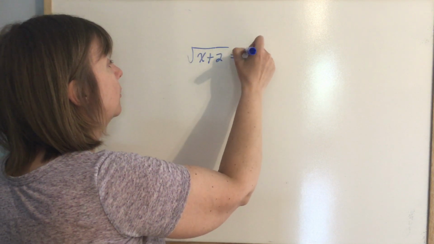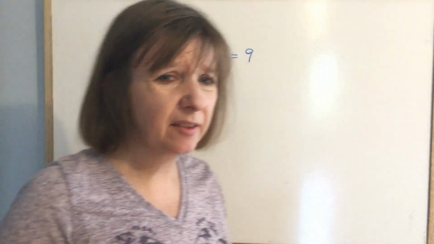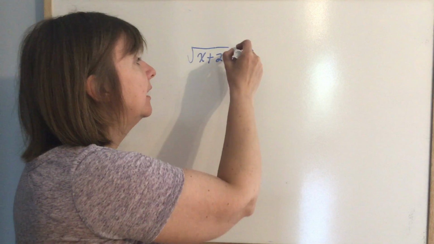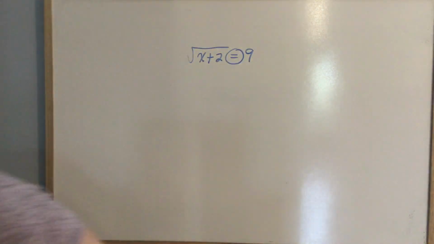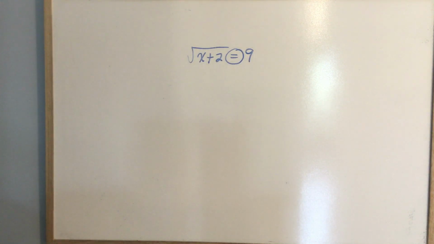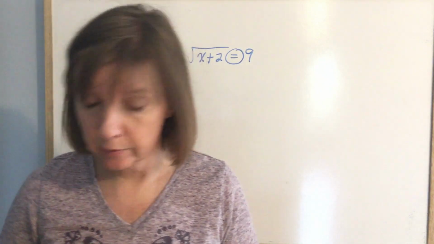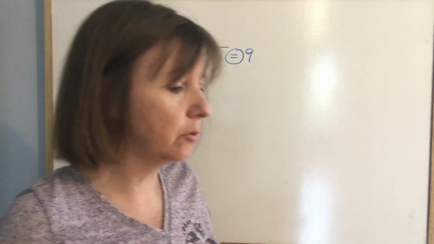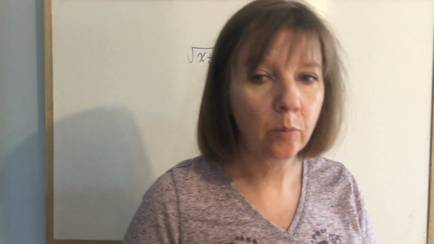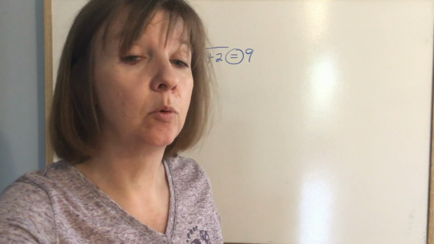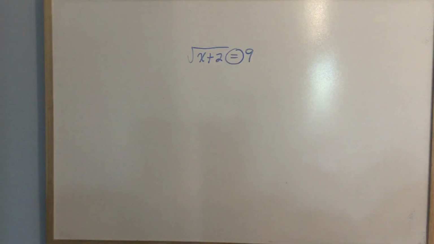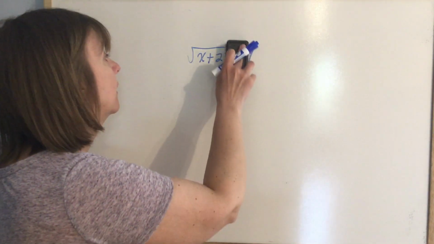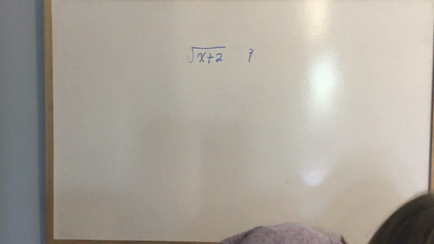2 equals 9, let's say that was the question, if there is an equals sign, then your answer should be x equals something. X equals 7, x equals 3.2, whatever it is, but x equals something. But if I have this same question